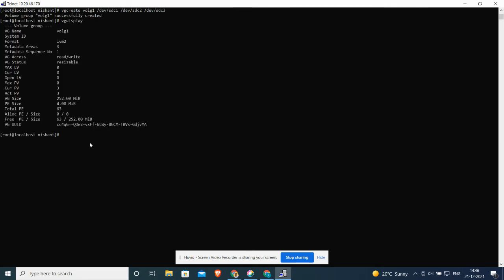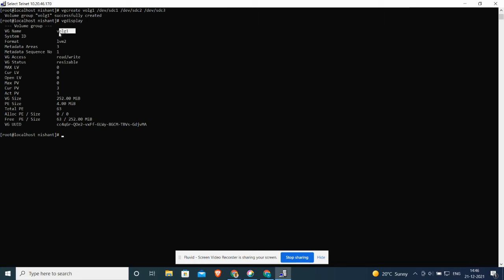and we give the names of the partitions which we are grouping as a single volume. So the partitions are SDC1, SDC2, and SDC3. This is how we have created a new volume group. We can display the details by using the command vgdisplay.